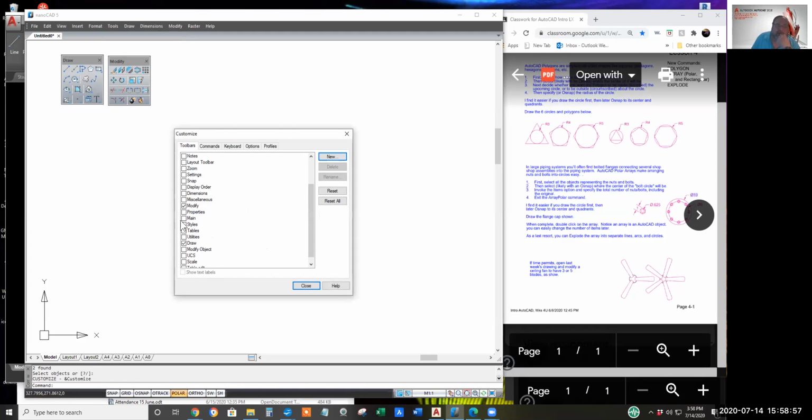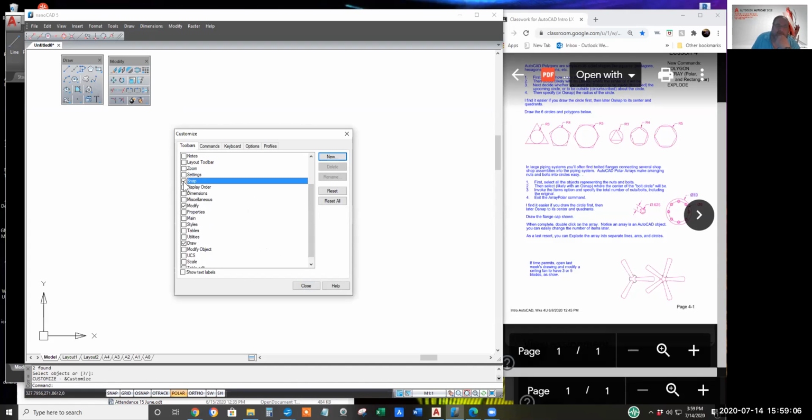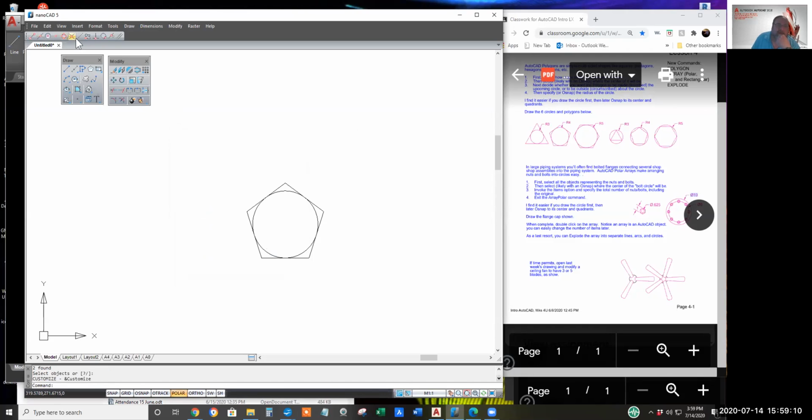You can have various toolbars up. Let me click the Snap toolbar and close out. Instead of holding the Shift button and right-clicking to do an OSNAP override, you can simply click on the respective object snap on this toolbar.